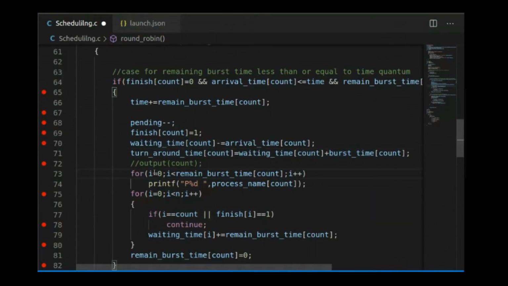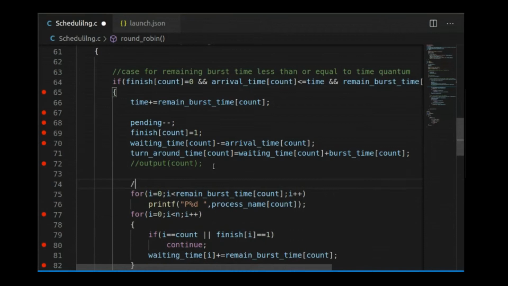Then here we are printing the Gantt chart. Here we are completing this process and declaring it as finished.